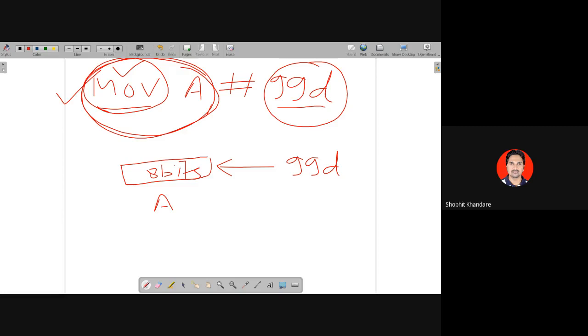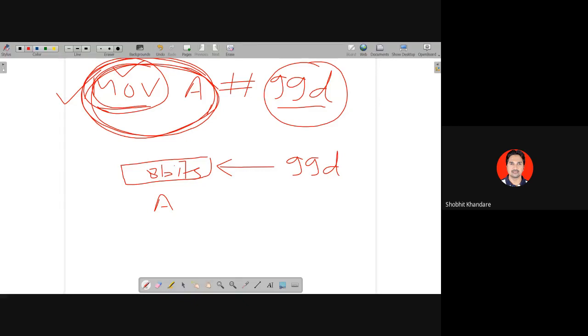But when we talk about the operational code, the binary ones and zeros in machine language that are saved for move are not only for move, they are for move A. So the operational code which is saved in the instruction or in the ROM, in the form of ones and zeros, is not only for move, it is for move A.